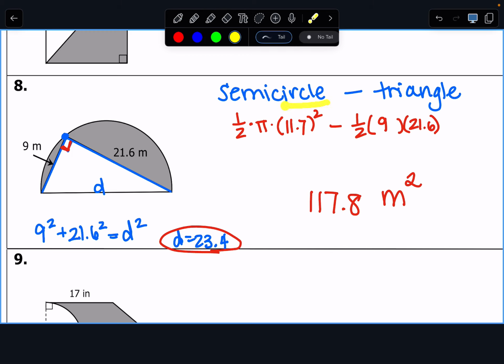So type this in all at once and save yourself some time. Some of you are finding this and writing it down, and then finding this and writing it down, and then replugging things in. You're wasting time. Just put this all in at once. So 0.5, or 1 divided by 2, times